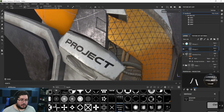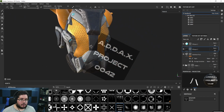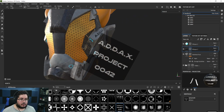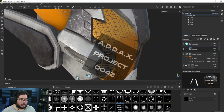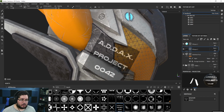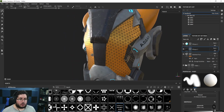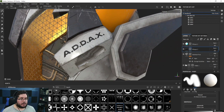Careful here because it finds like the black pieces, so. I don't know. I don't love it. So I like the ADEX. I don't love the project. I do like the 0042, so maybe we'll just keep the numbers like that. We go back to number 1, and to give this a little bit of a damage look, what